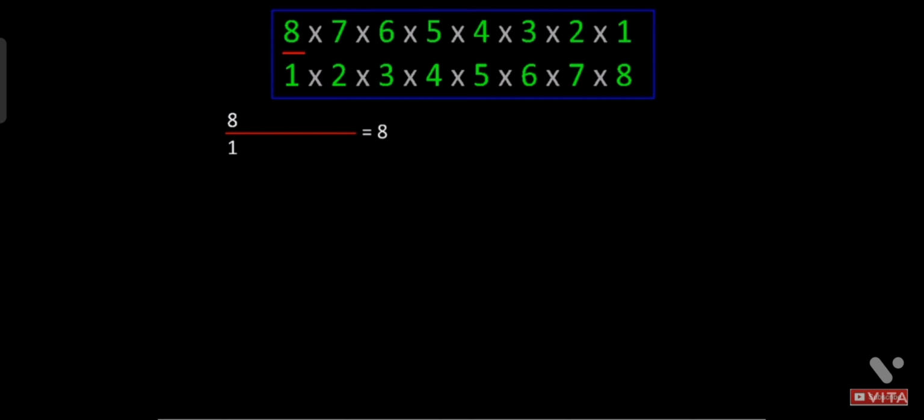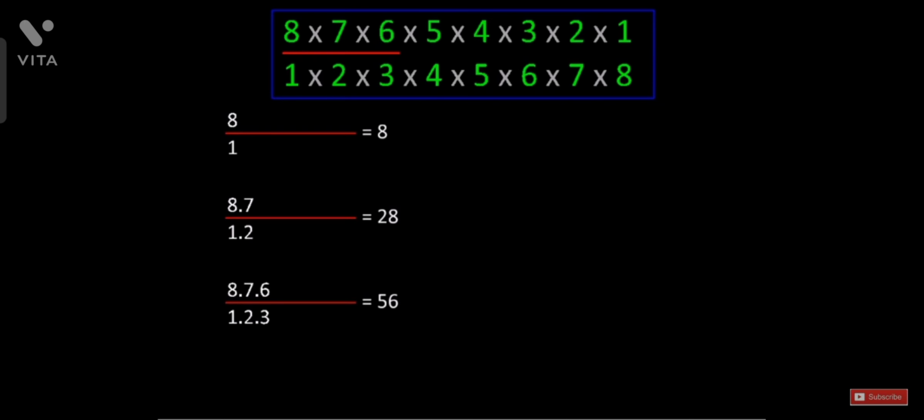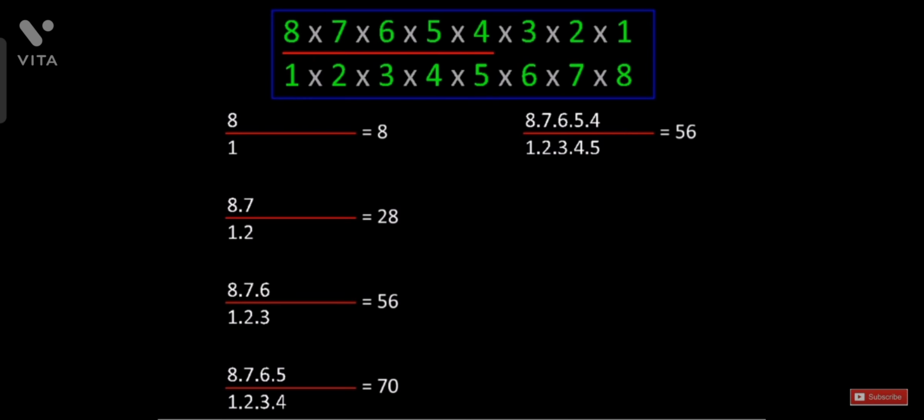And what if you want 2 doors open? In that case, take the first 2 numbers from the top sequence and the first 2 numbers from the bottom sequence, and take their ratio. So 8 into 7, 56 in the numerator, divided by 2, gives us 28 combinations. Like that, we can do 3 doors, which will yield 56 combinations. Opening 4 doors is possible in 70 ways, while 5 doors can be kept open in 56 ways, and 6 doors have 28 combinations of